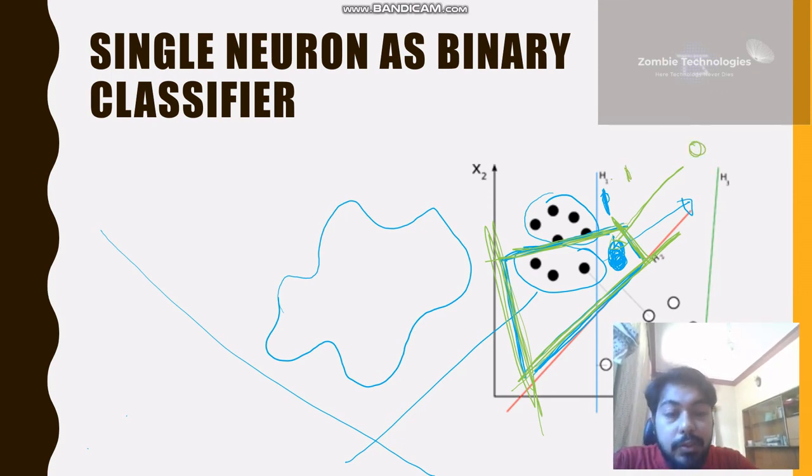So any complex structure can be created by using multiple neurons together. When we use multiple neurons in multiple layers, it is known as a neural network, and it is safe to assume that a neural network can mimic any complex classifier which can exist. The only problem is how complex our neural network becomes in mimicking the complex classifiers which exist in this world.